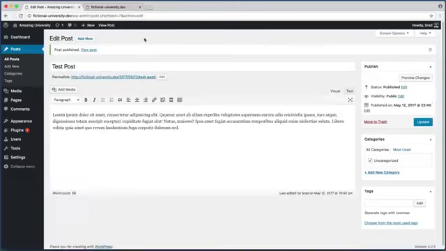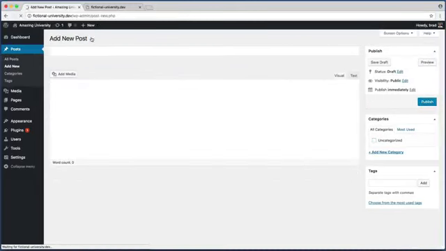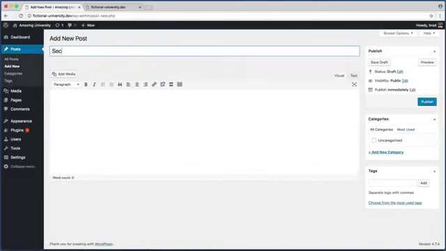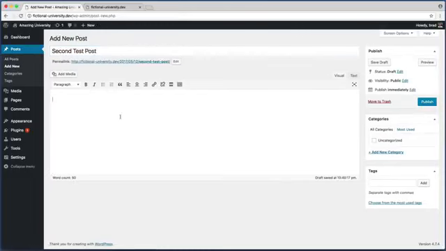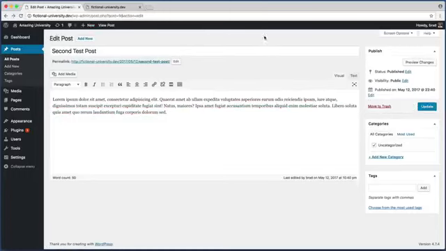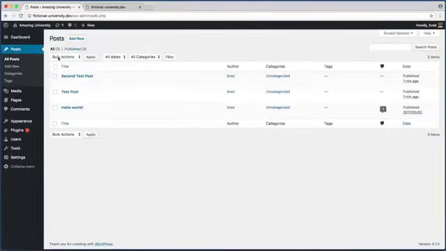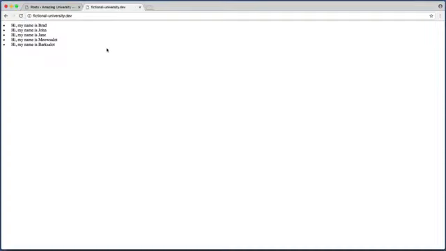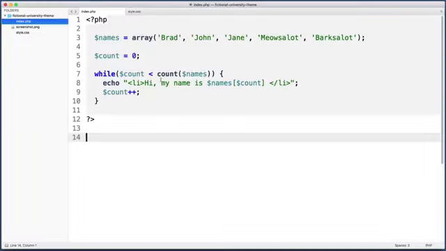And why don't we create at least one more dummy post? So add new, I will call it second test post, add a bit of dummy content, and go ahead and publish again. Okay, so now if I click on Posts from the admin sidebar, you can see that I have 3 posts. So now we can go ahead and learn how to output those blog posts onto our home page here. Let's go ahead and jump over to our text editor program, and in our theme folder's index.php file,